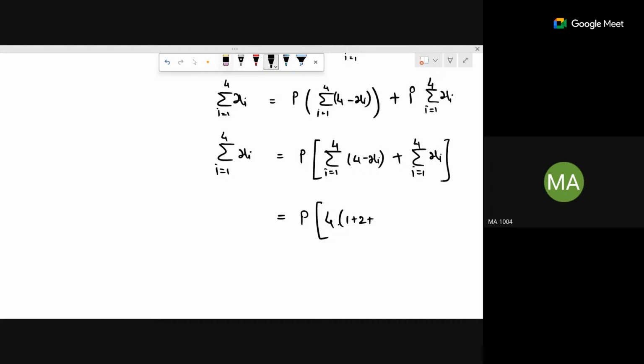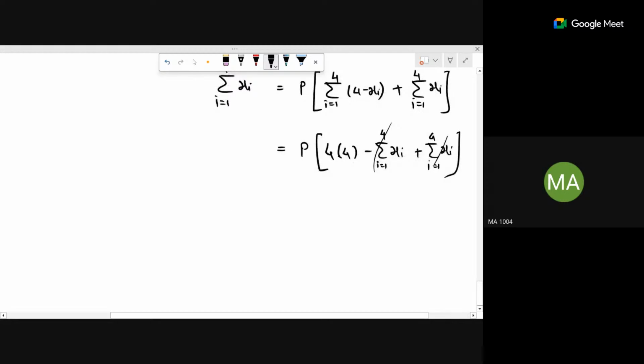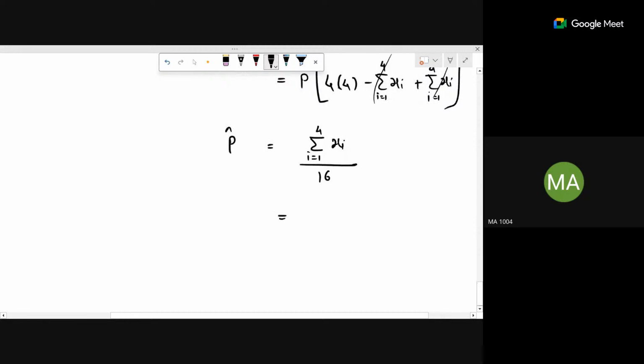Is it a 4? Sorry, it's a 4. 4 times 4 minus summation xi, i equal to 1 to 4, plus again summation xi, i equal to 1 to 4. Just cancel it. So p hat is nothing but summation of i equal to 1 to 4 xi upon 4 4s, which are 16. So this should be equal to x1 plus x2 plus x3 plus x4